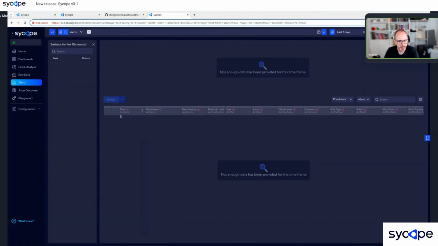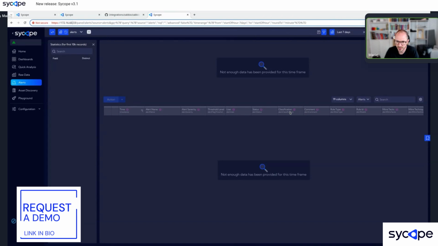Okay, so basically we changed the classifications and status. Previously you had those two binary fields where you could either say something was a false positive or not, and if something was acknowledged or it wasn't. So right now we changed it to a multi-level value. So we have more options for both classification and status, and we created new